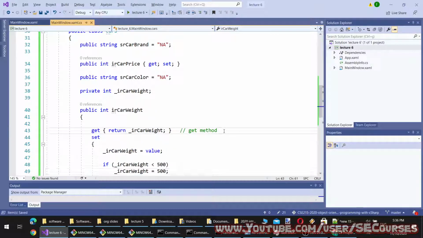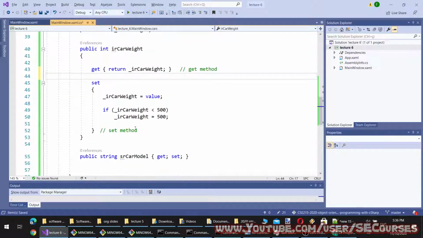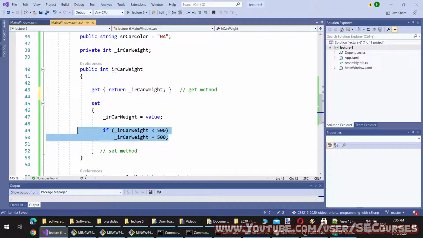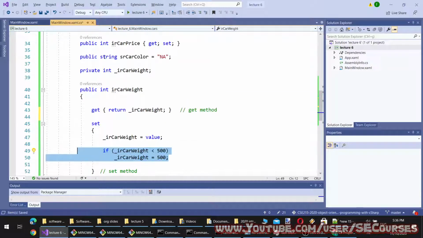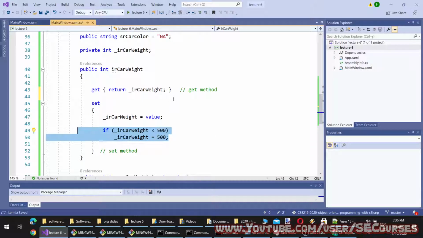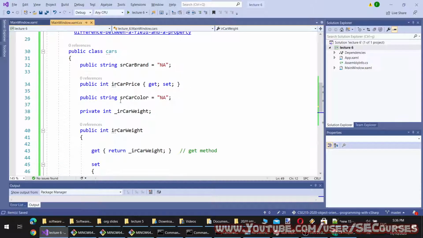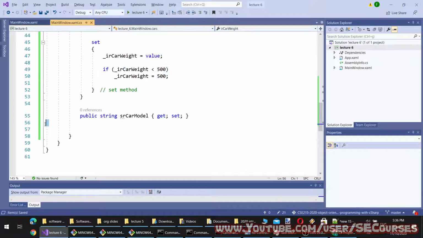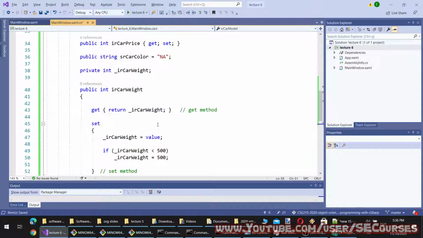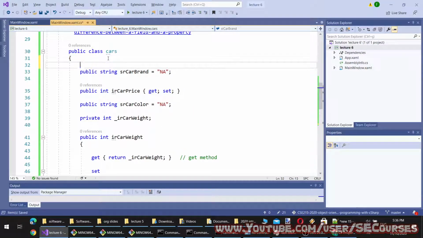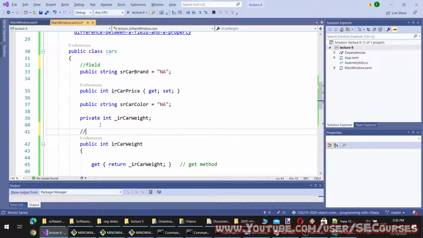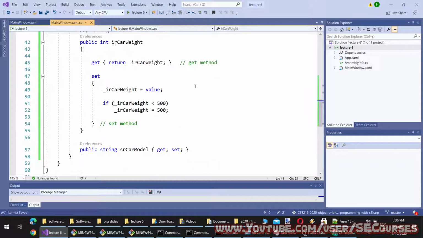I think we have shown this. So default value will be 500. So this is about properties versus fields. This is a field, and this is a property.